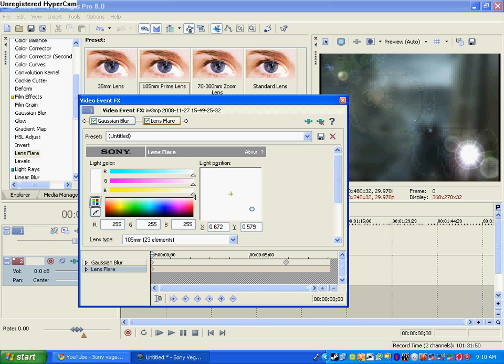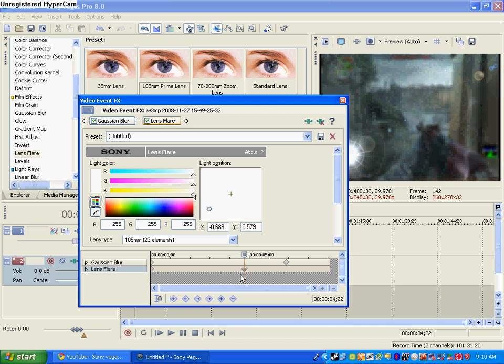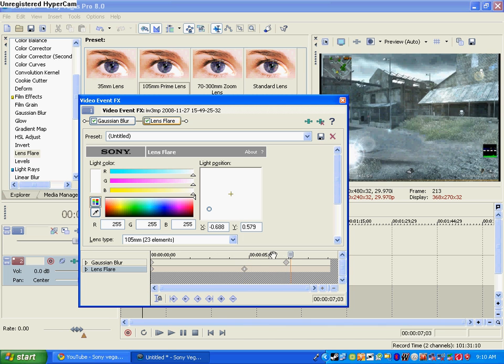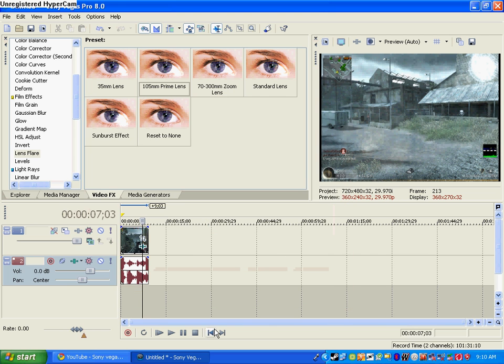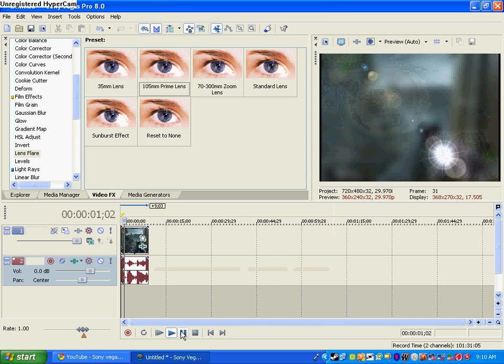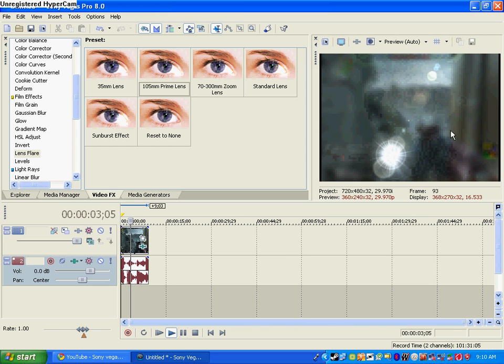So I wanted to start there and then slowly move somewhere else, so then I make it there, and as you can see it's indicated in the timeline that I moved it. Then you just go on and you stop it where you want to stop it and then move it again. Okay, let's watch that. As you can see, I did all this now by myself.